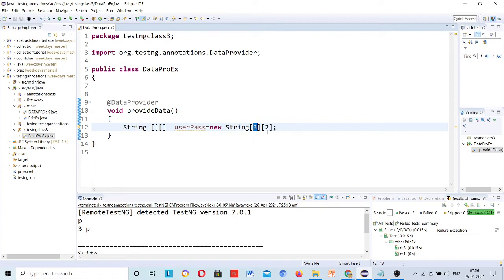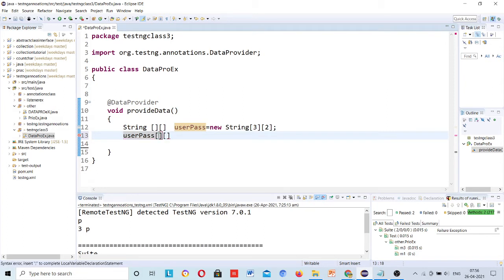So three indexes will be created, and each index will have two internal indexes. If you have not practiced all those, you can watch the previous recordings of the Java session. Okay, so user, I will give the first set.